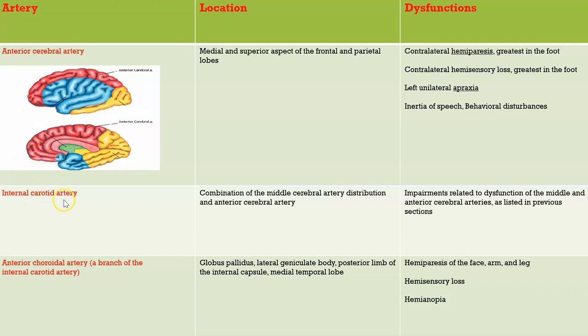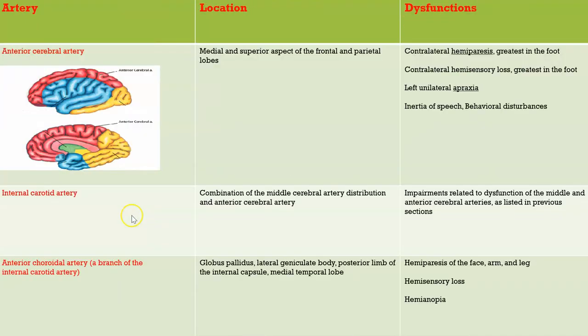Now, internal carotid artery. Again, the internal carotid artery is the main artery that enters into the subarachnoid space and then divides into the MCA and ACA. Now, the location is the combination of the MCA and the distribution of the anterior cerebral artery. Impairment is related to dysfunction of the middle and anterior cerebral arteries. All the symptoms that I mentioned before for ACA and MCA will be the symptoms if the internal carotid artery